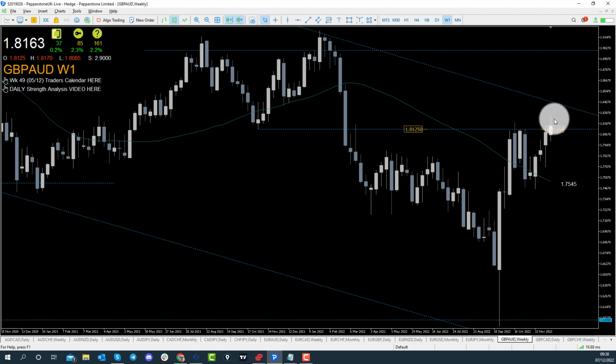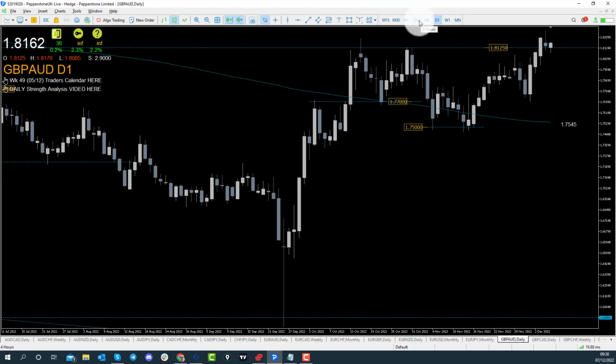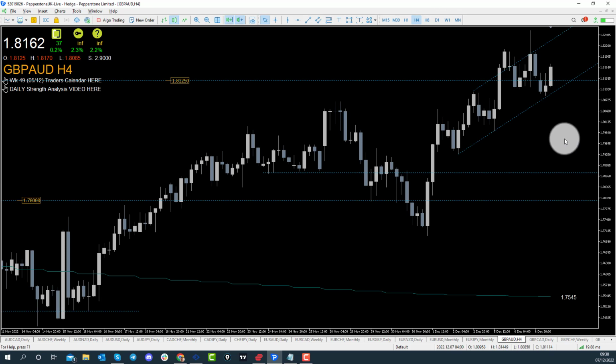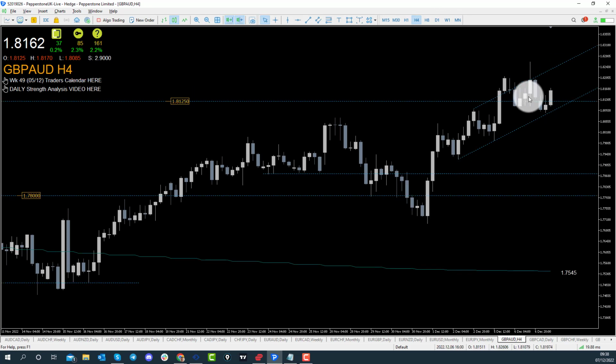Now if it is going to do that, we should spot some opportunities really. Now if I go down to 4-hour time frame, you can see that within the bullish move here, the price is actually trading within a bullish channel. You can see the market found a low here, a high, higher low, higher high pattern. We then had some kind of consolidation here where recently price has retested the bullish channel low as well as the